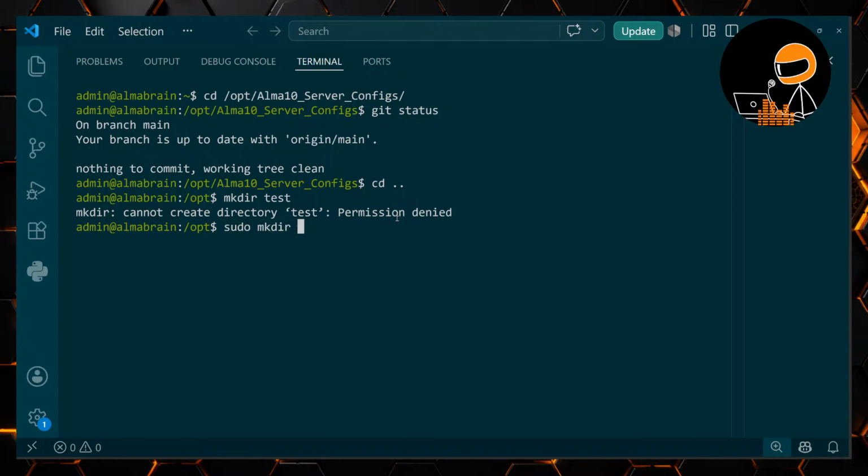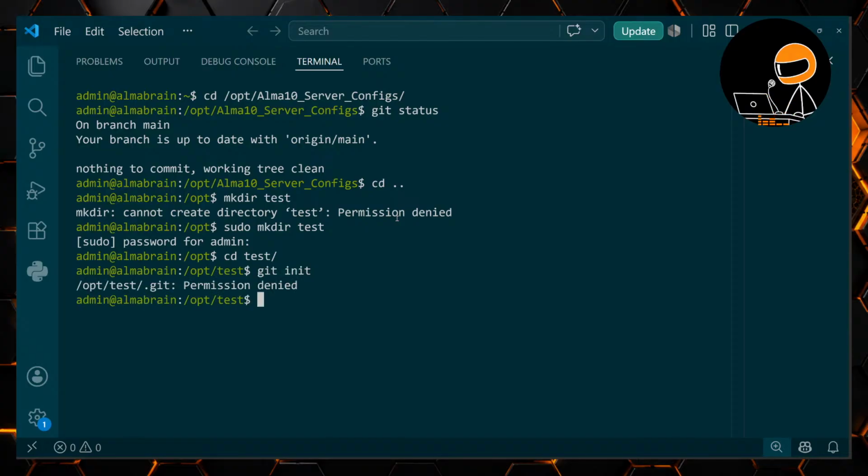Sudo mkdir test, cd test, and what was it? Git init, sudo git init. Oh wow. And chown -R